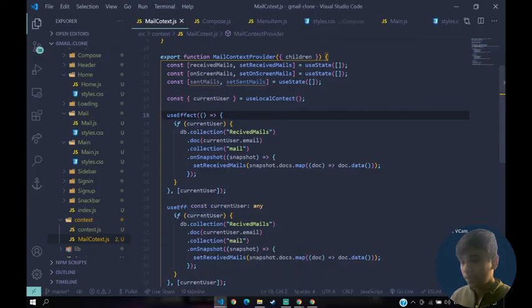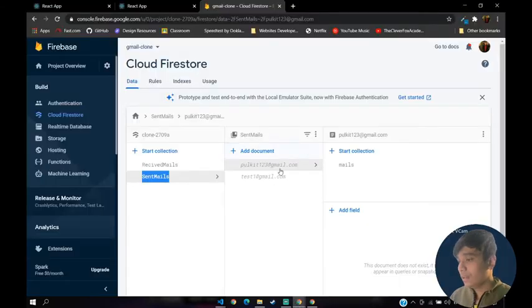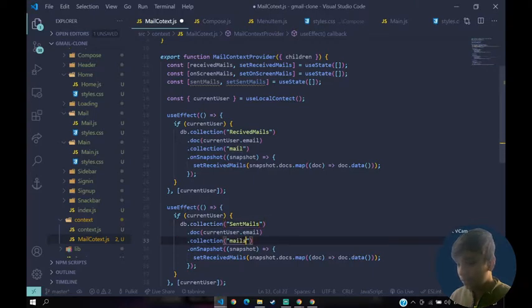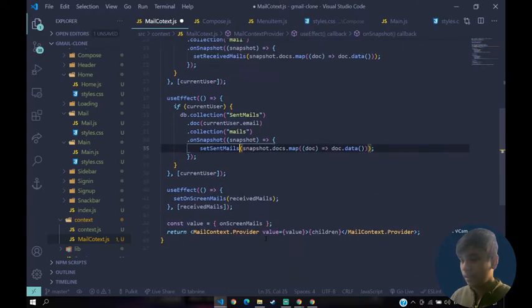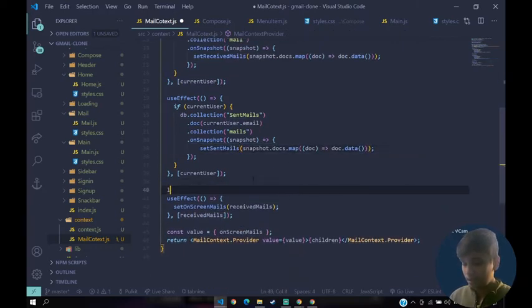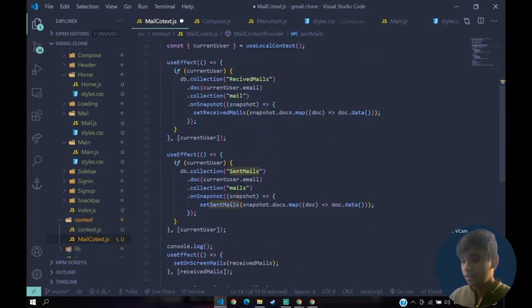If current user exists, sent mails, current user dot email, and the next thing is mails, plural. And here I'm going to set my sent mails. And let's console log our sent mails, right?